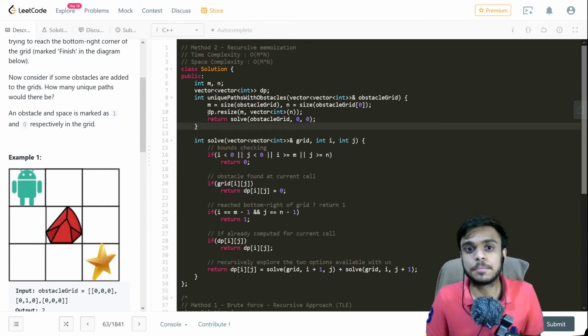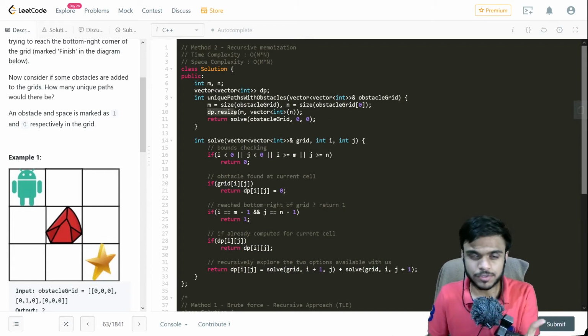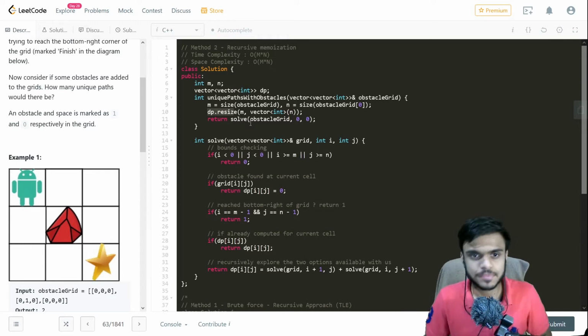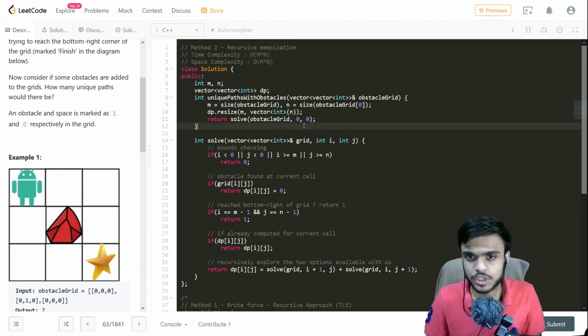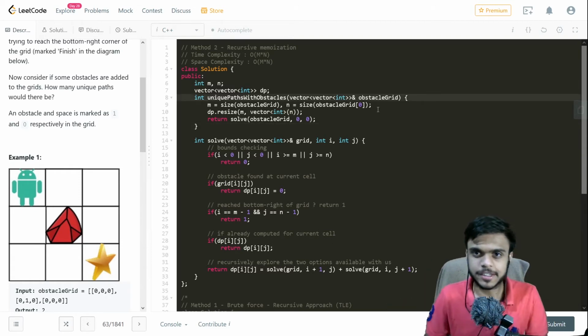And in the unique paths with obstacle function, what we have changed is we are resizing the DP vector of vector so that it matches the size of our obstacle grid. What it does is it takes m rows and initializes every row with a vector of length n, which corresponds to the same dimensions as the obstacle grid.